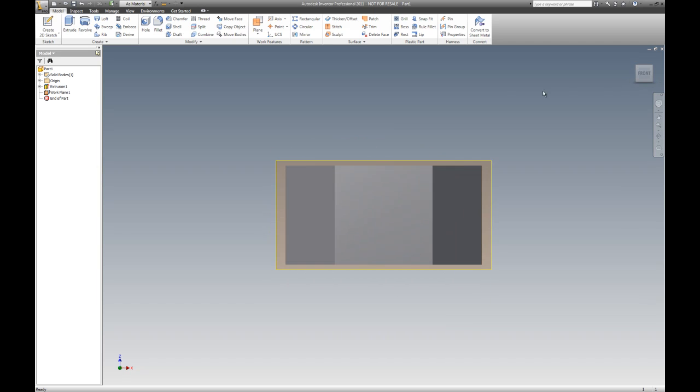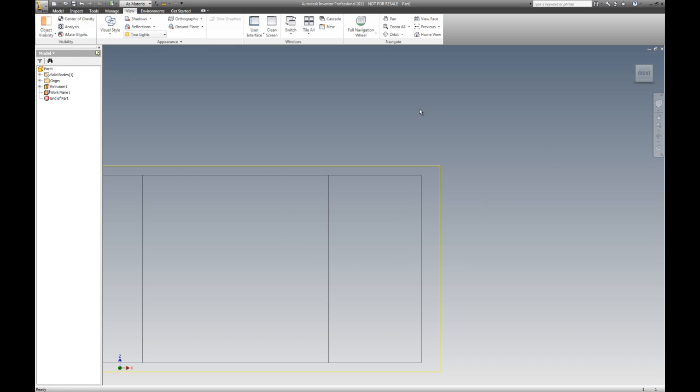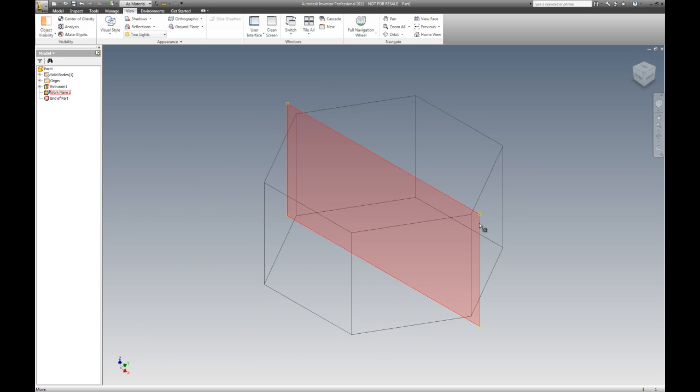I come around to the front. I'm going to go up to view and go into wireframe. And if we go back into our ISO view, you can see that this plane cuts straight across from corner to corner. Now while I'm here,